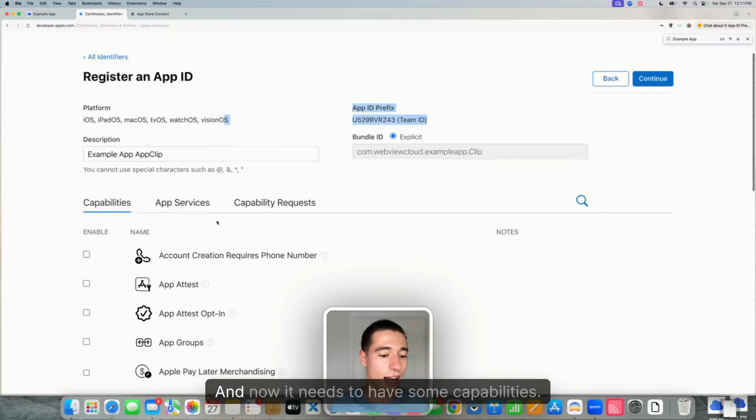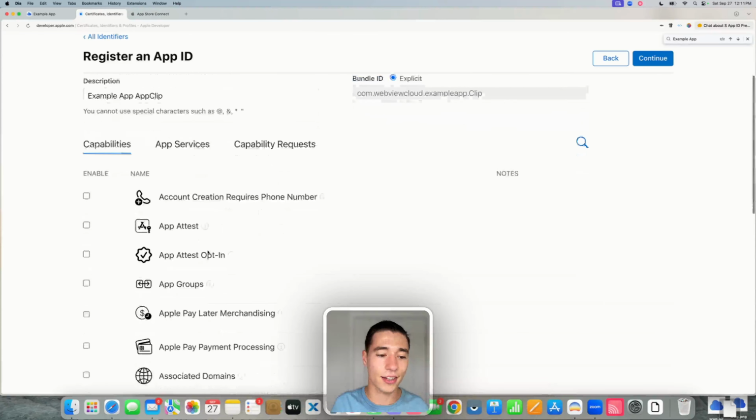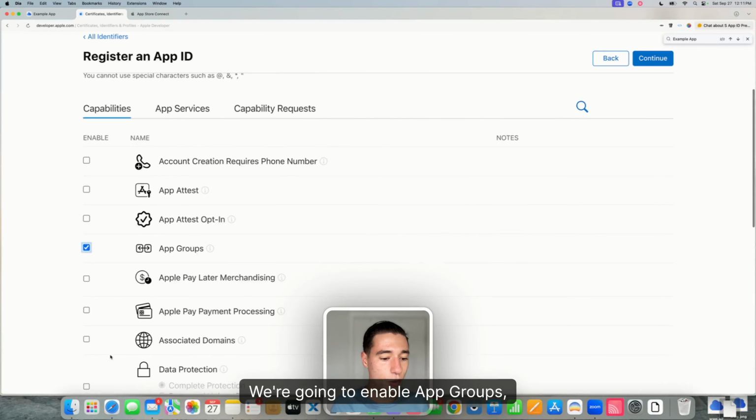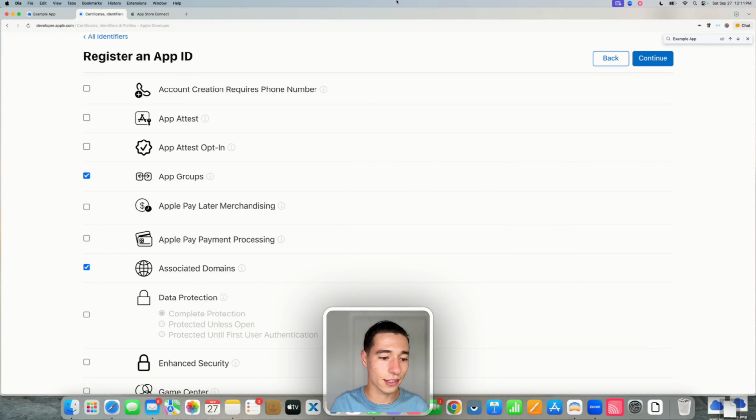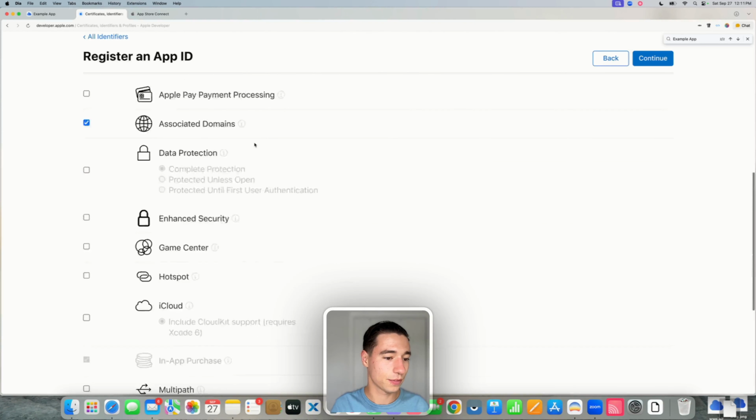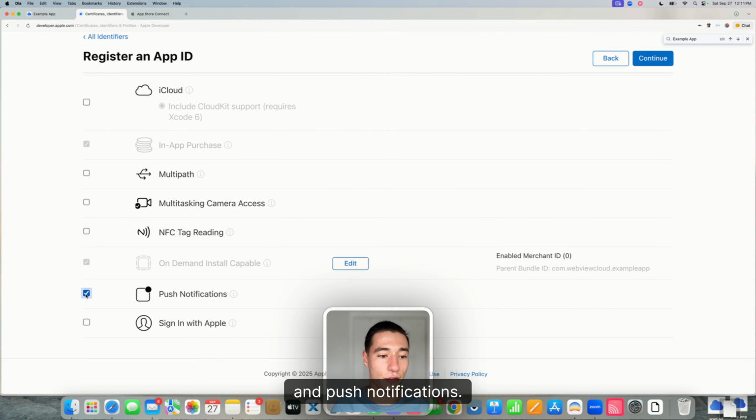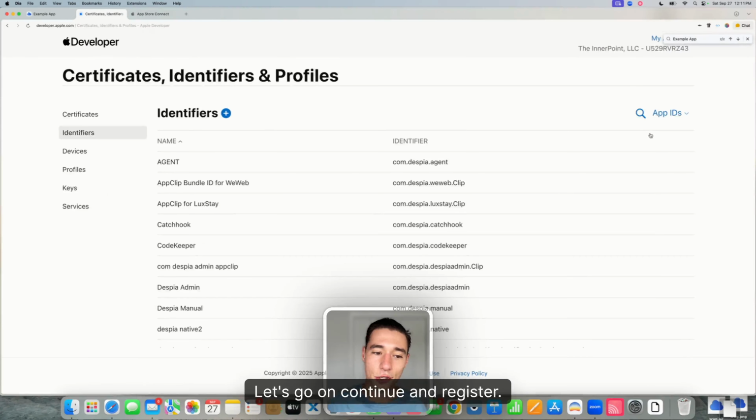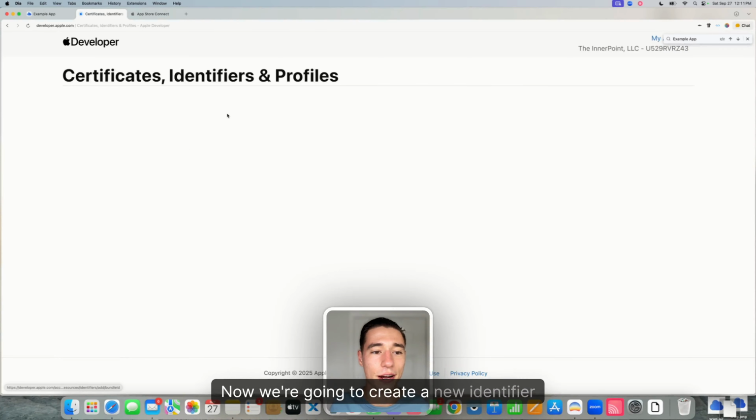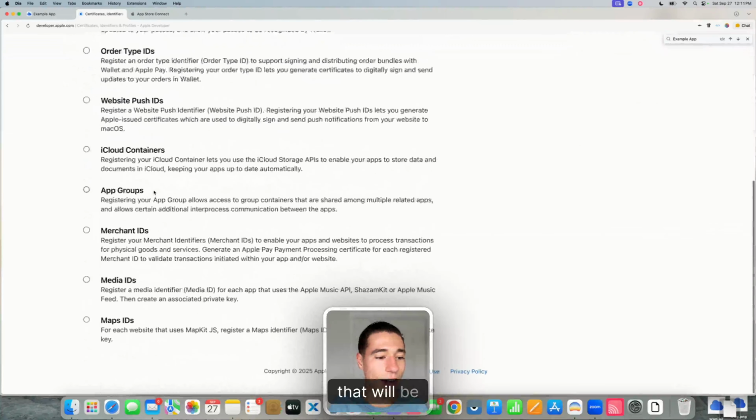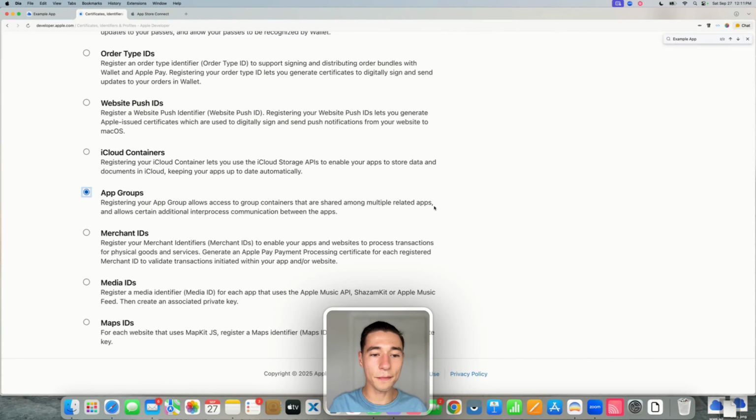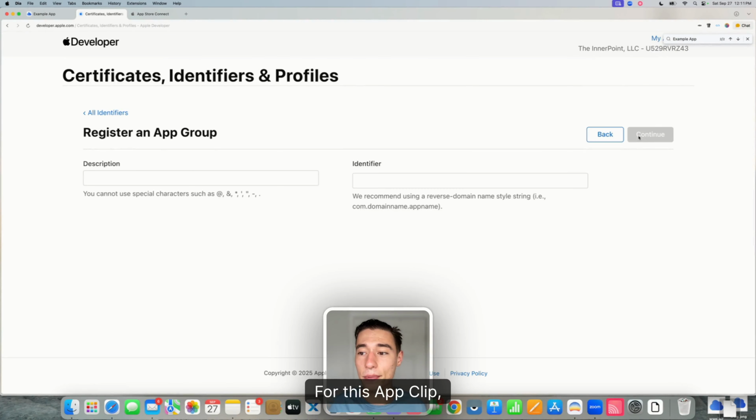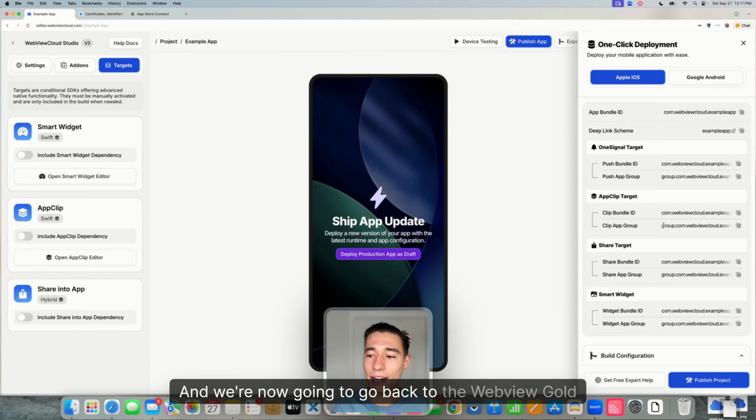There you go. And now it needs to have some capabilities. We're going to enable app groups, associated domains, and push notifications. There you go. Let's go and continue and register. Perfect. Now we're going to create a new identifier that will be app groups again. For this app clip, we're going to go on continue, and we're now going to go back to the WebViewGold